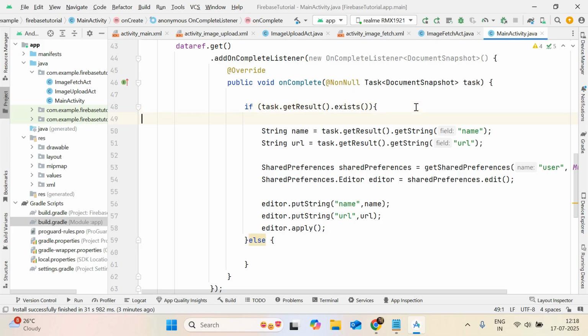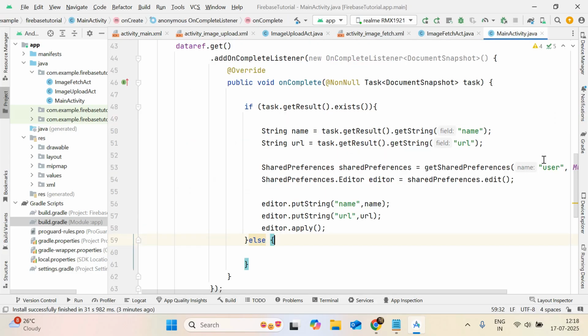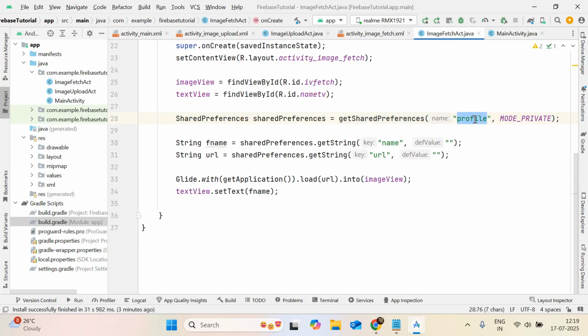Okay, and then we are storing it. Okay, everything is fine. Oh, there is a problem. The shared preference value is wrong, so here you have to pass user. And now when you will run the app again,